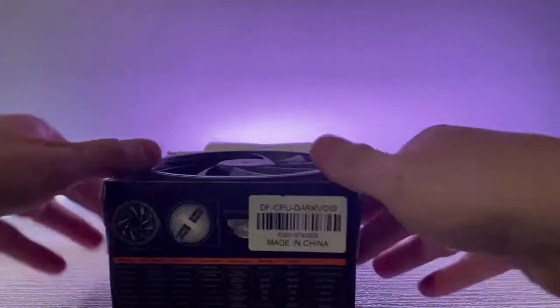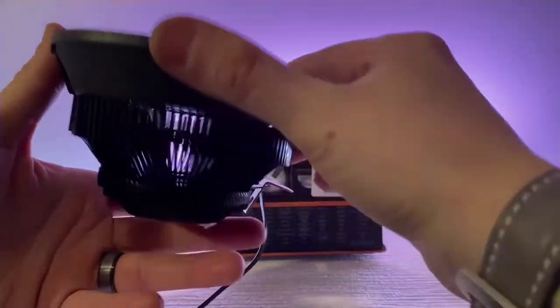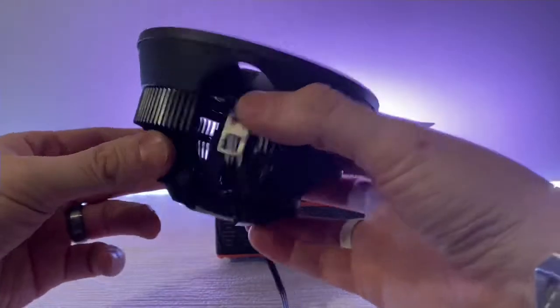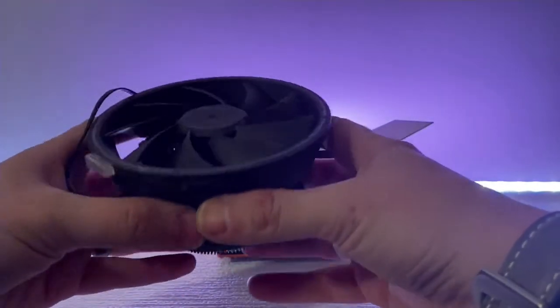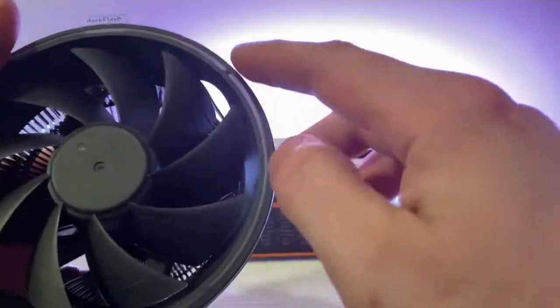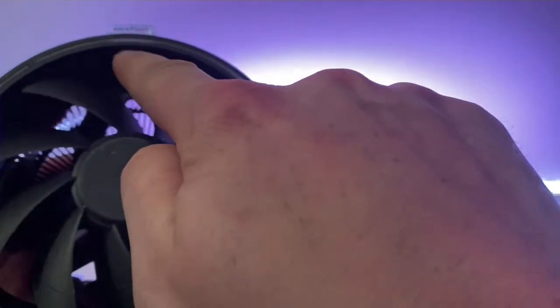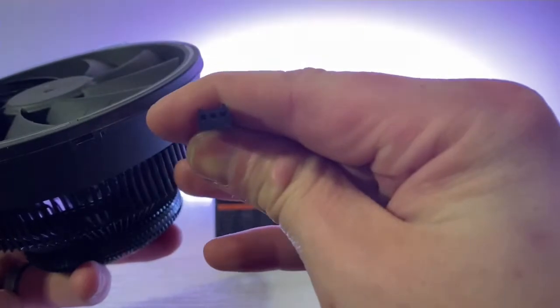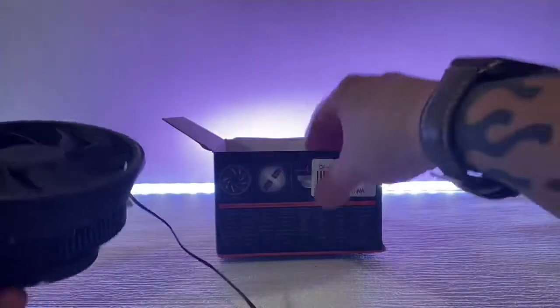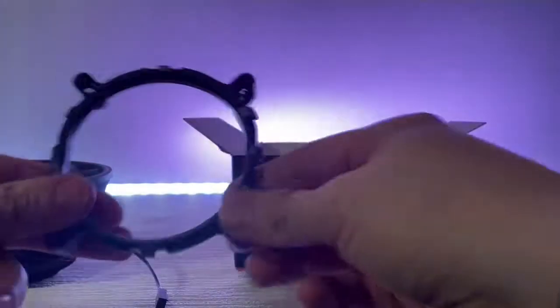Let's open this bad boy up. So here's the fan. It's got this kind of AMD style. If you've seen a lot of the AMD fans, they kind of look somewhat similar to this. So it's got that kind of look to it. We've got our DarkFlash here, and you can see all this kind of clear lining here is where the RBG is. And we have a 3-pin, so that'll plug into our PC. We've got our bracket,